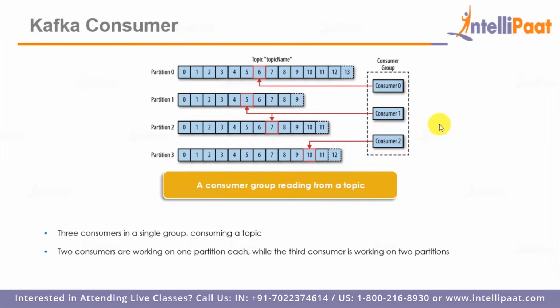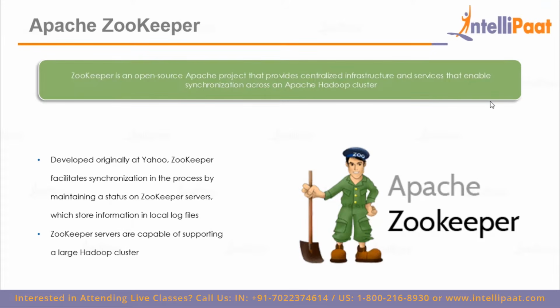Over here, consumer 1 reads offset value 5 and 7. Consumer 0 reads offset value 6 and consumer 2 reads offset value 10. So if all of the consumers work in tandem and maintain the synchronicity, then there would be absolutely no problem. Right. Now let's start off by understanding what exactly is Apache Zookeeper and how does it help when it comes